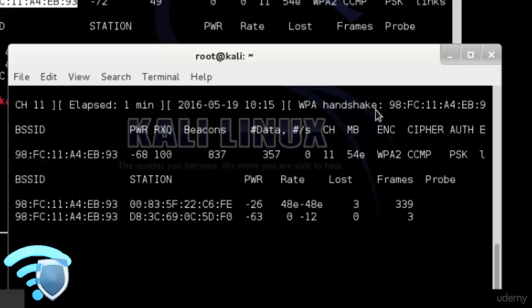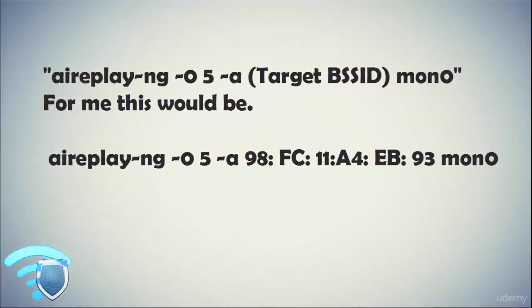There is a way to speed this up if you know someone has a wireless device connected to the router: by de-authenticating them, or kicking them, forcing them to reconnect. This will most likely be recorded by the router, so this is not a passive method. To do this, open another terminal window and type